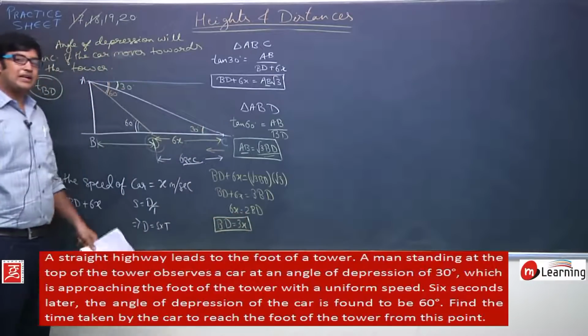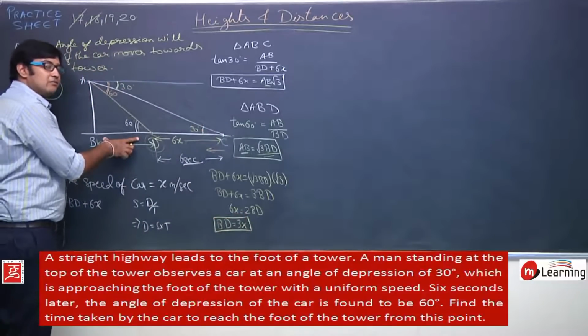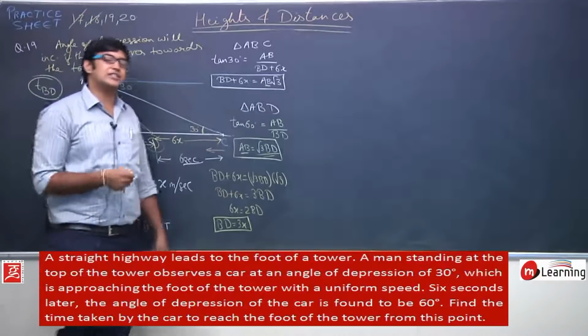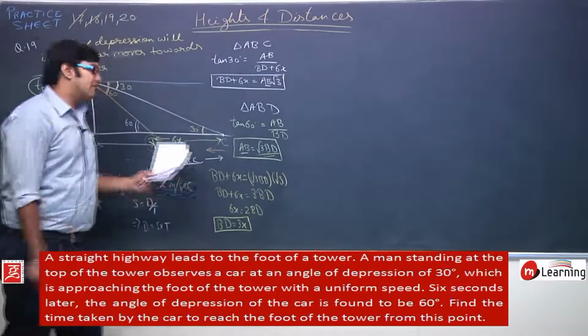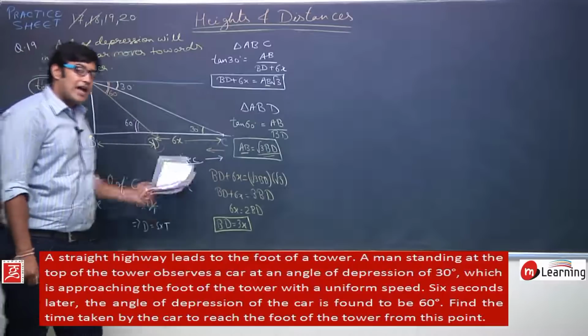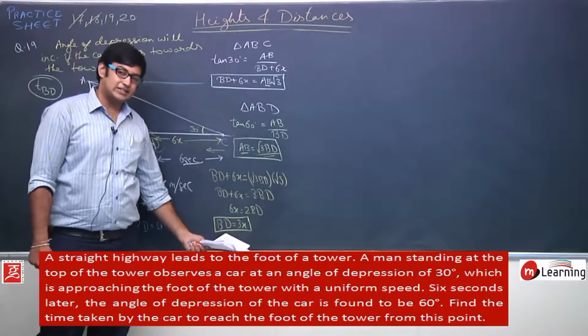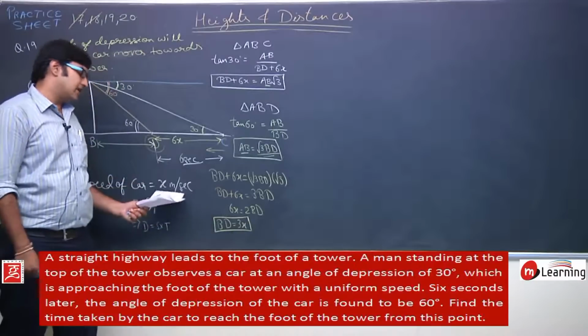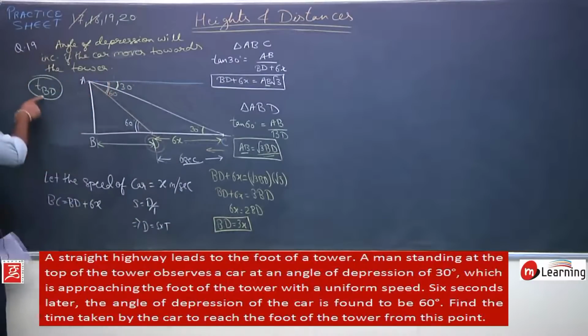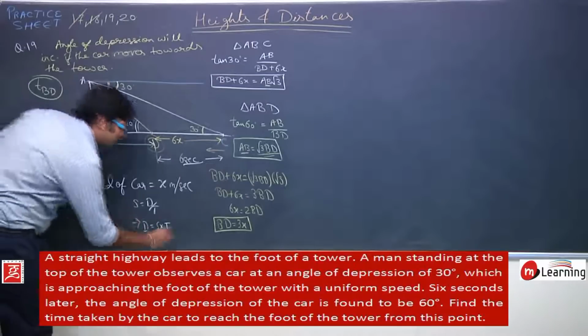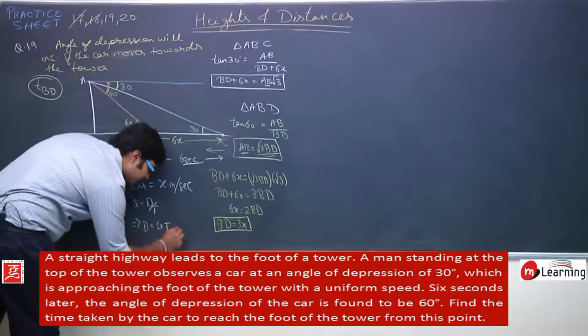So what is BD? BD is this distance. But is my task to calculate the distance? No. My task is to calculate the time taken to travel this distance. So I have the distance 3x, I have the speed x. I can determine the time taken, that is time taken is TBD, and TBD should be equal to